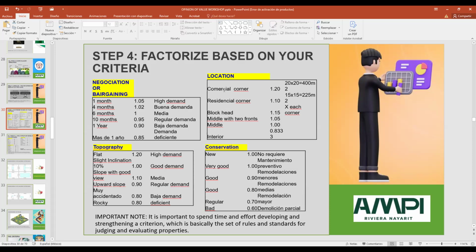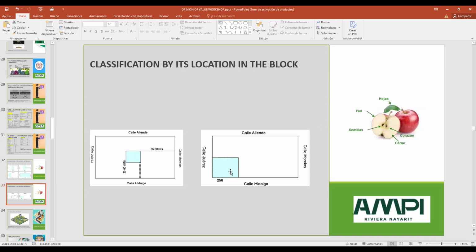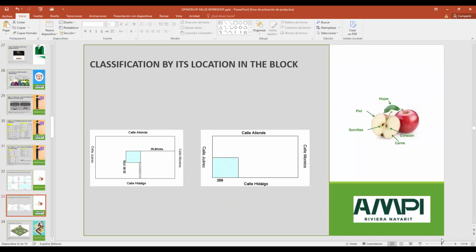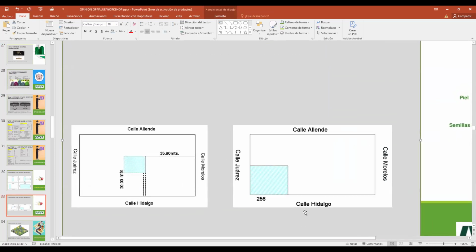Okay, now location. In location we have corners, commercial corners and residential corners. When it happens, we give a price to the corner, but the price has to be just for a limited dimension, not the whole surface. Example, here's a corner.